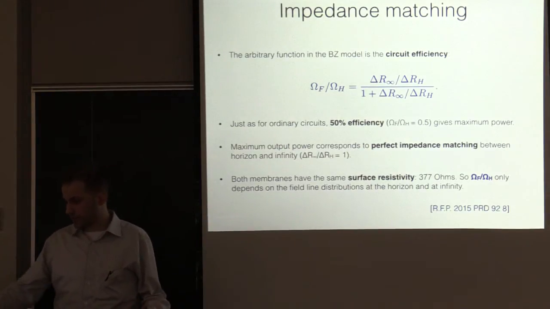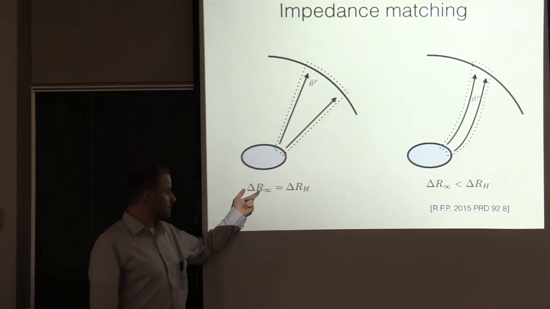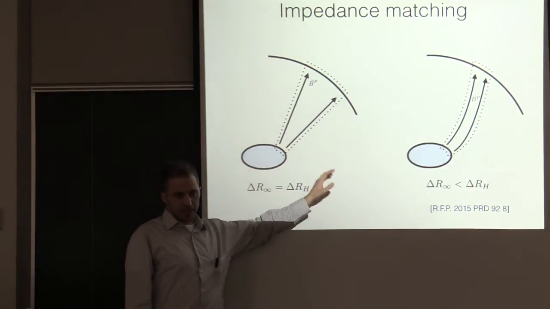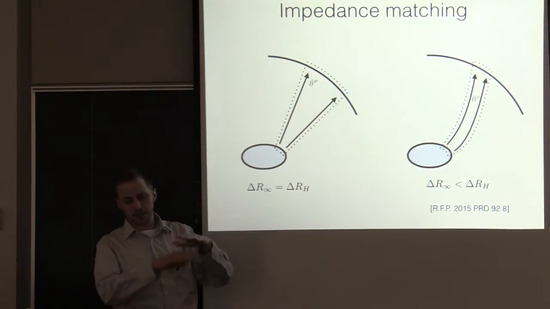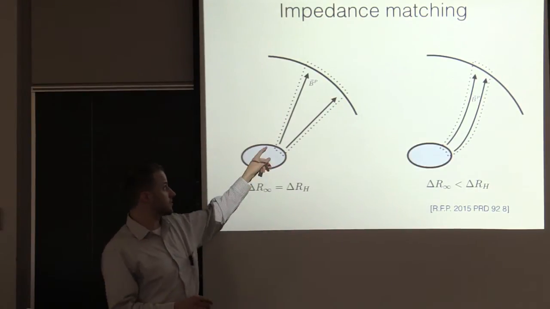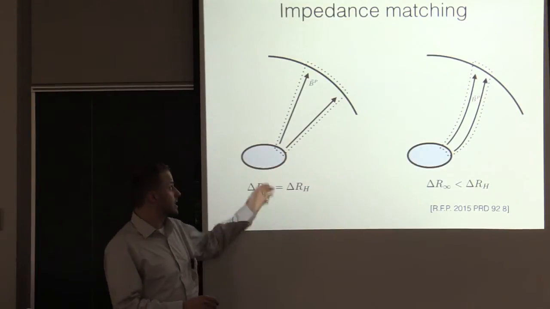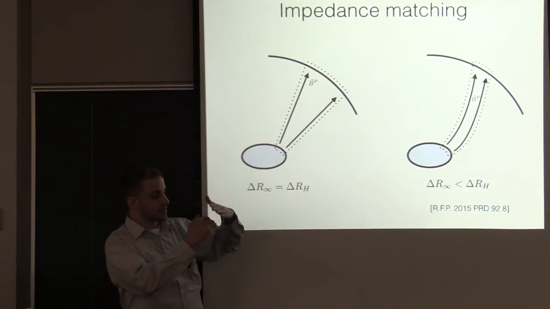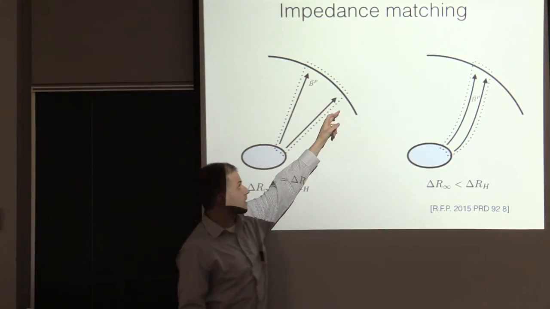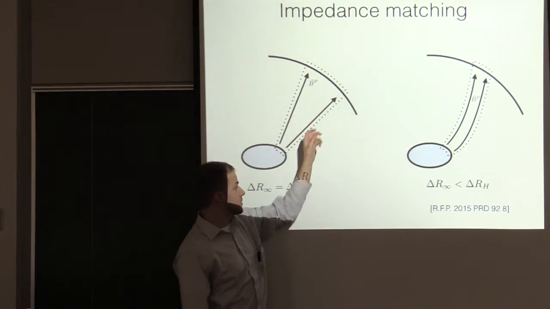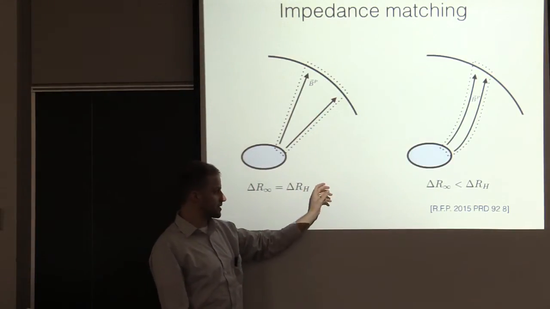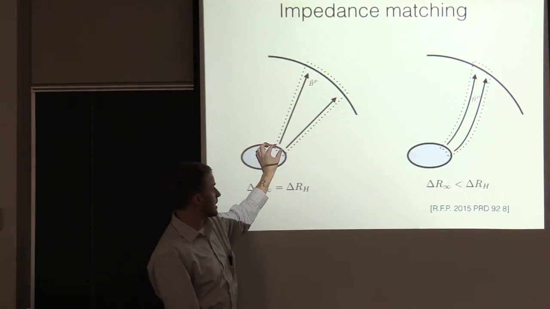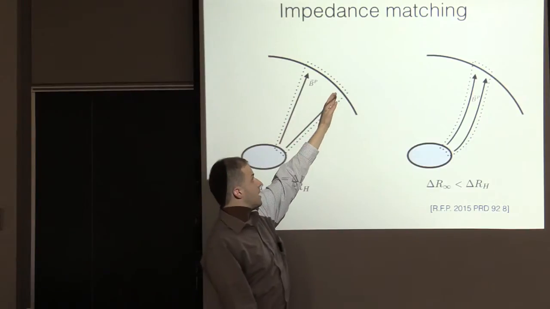And the reason it can differ by a little bit is because these delta R's in that formula, I can show you the formula on the next slide, but delta R is 377 ohms times some geometrical factor. So 377 ohms is the surface resistivity of these membranes. But the current experiences a larger resistive drop, or a larger voltage drop, the longer it spends sitting on the membrane. And so the real formula is 377 times some angular factor. And so to really have perfect impedance matching, you also have to have the same angular factors on both membranes.